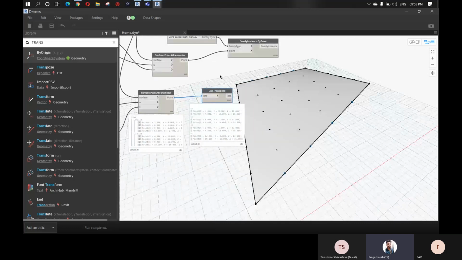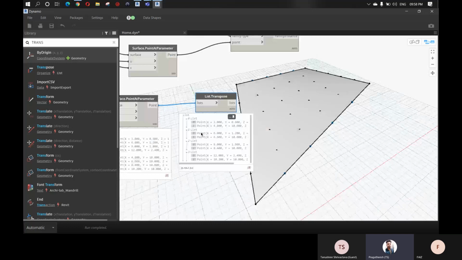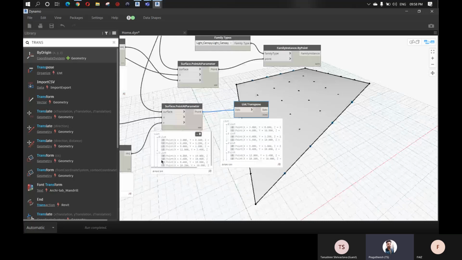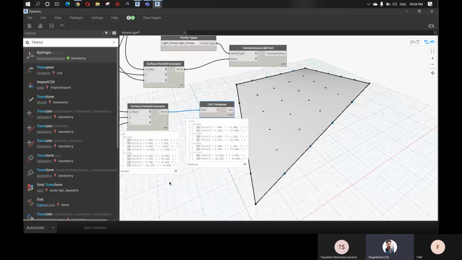Okay, so now we have created a list of, we have four lists of 2 points. You can see 1, 2, 3, 4, four lists of 2 points. Before we had two lists of 4 points. Now we have four lists of 2 points.